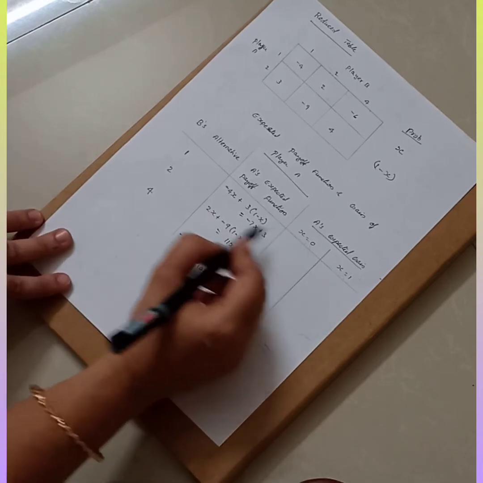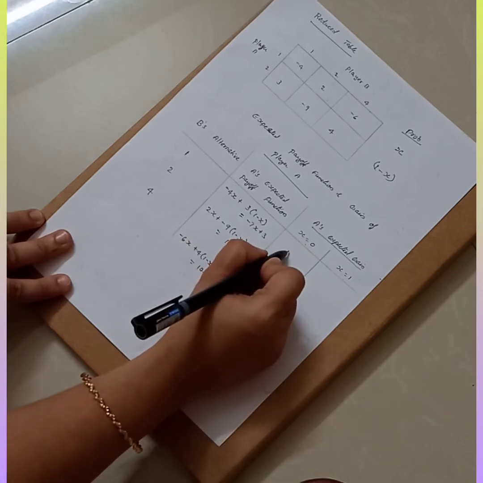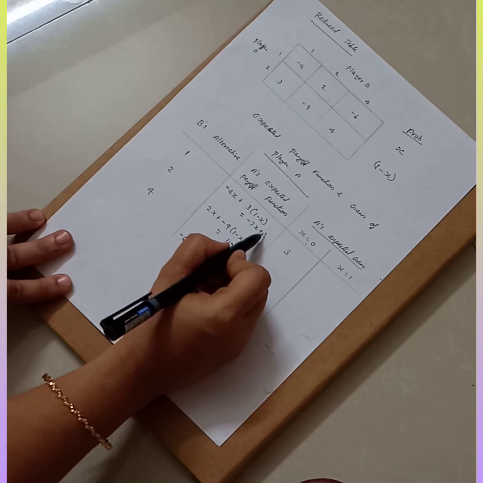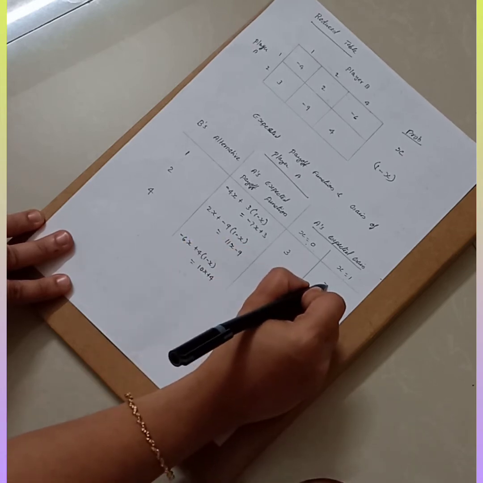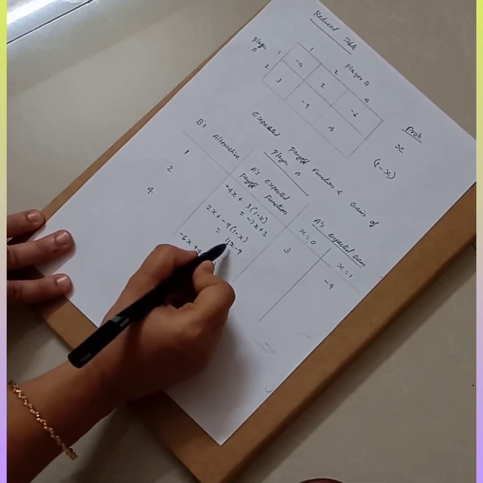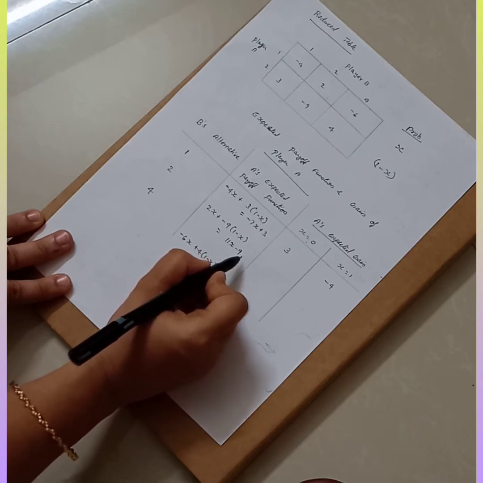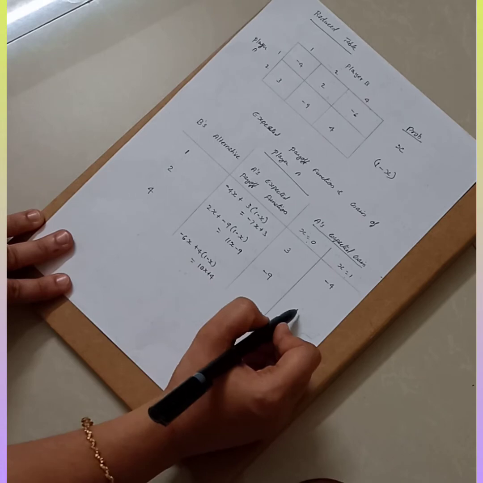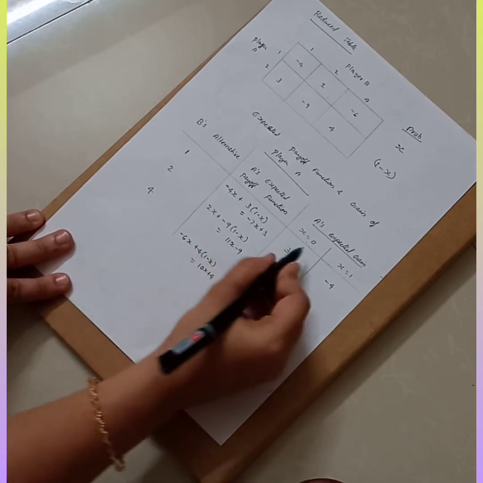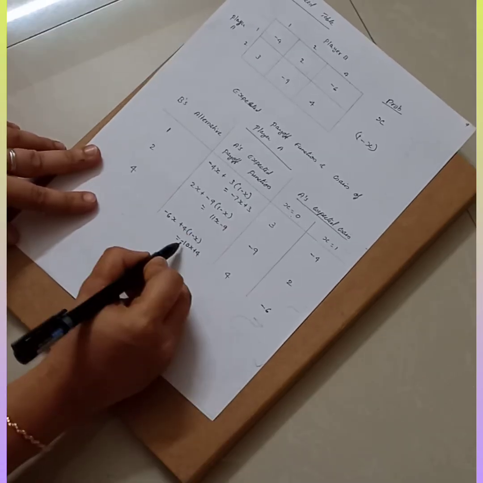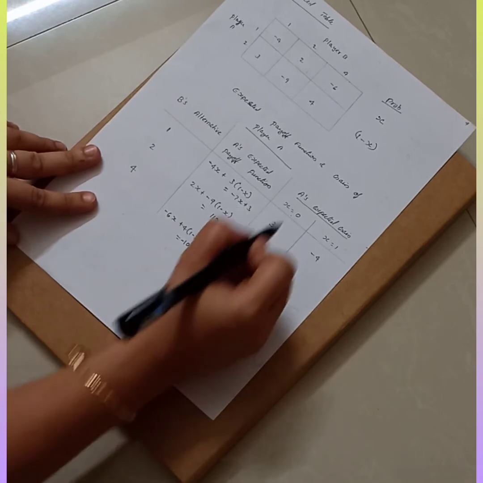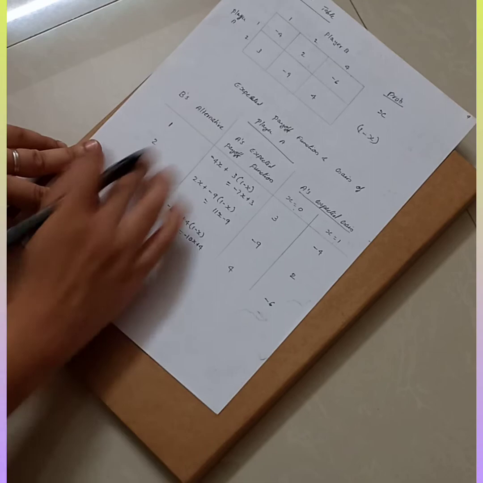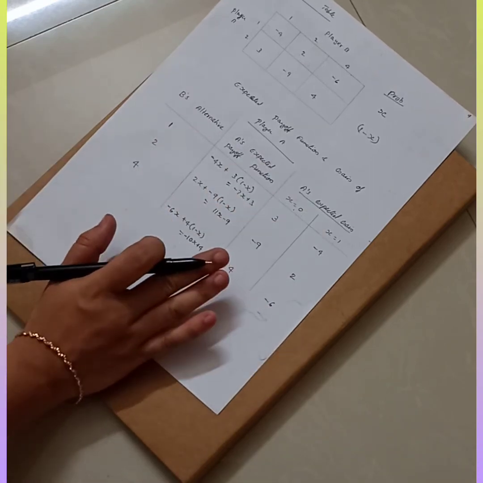So when you put x is equal to 0 here, you get the value as 3, and when x is equal to 1, minus 7 into 1 plus 3, you will get minus 4. Again put x is equal to 0 here. 11 into 0 minus 9, you get minus 9. Then 11 into 1 minus 9, you get 2. Minus 10x plus 4. When you put x is equal to 0, you get 4. And when you put x is equal to 1, you get minus 6. So this third step is also done.